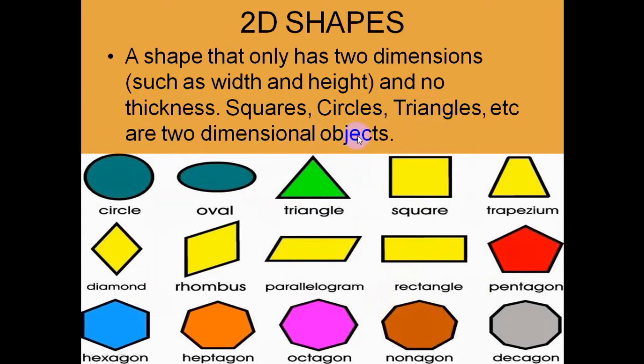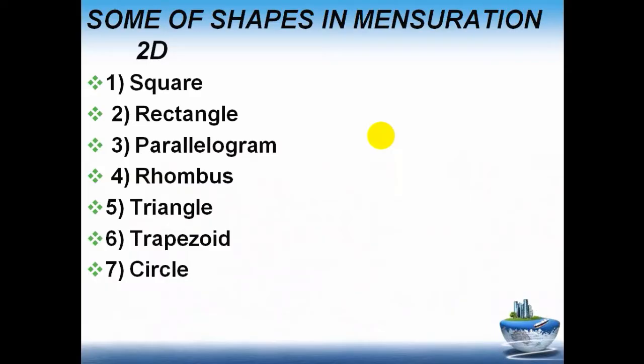are two-dimensional objects. So dear students, it is very important to note that 2D shapes are those shapes which have two dimensions like width and height. So these are the two-dimension shapes. Now to find the area and the perimeters and volume for all these 2D shapes. So you see over here in this slide some shapes and mensuration in 2D form. Some shapes of two dimensions, we are going to find the area, the perimeter, and volume.